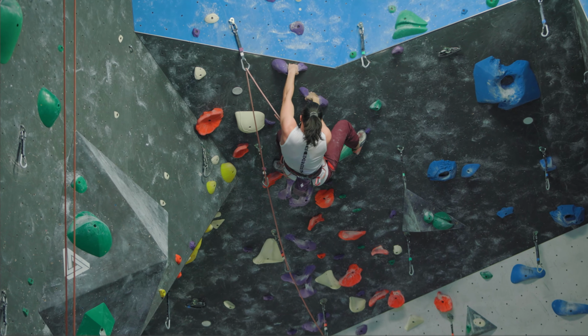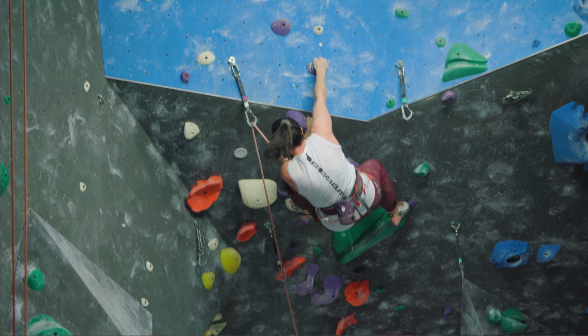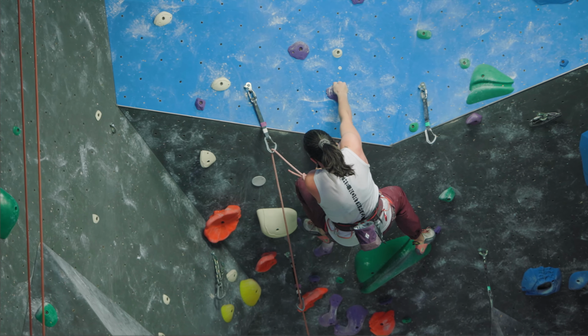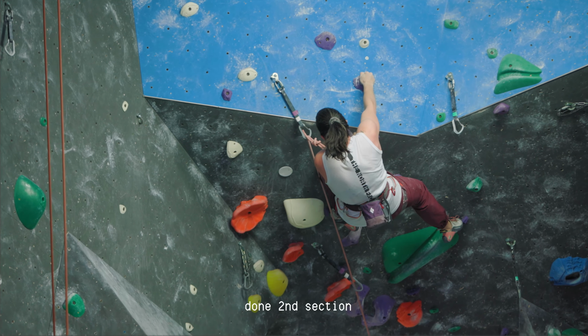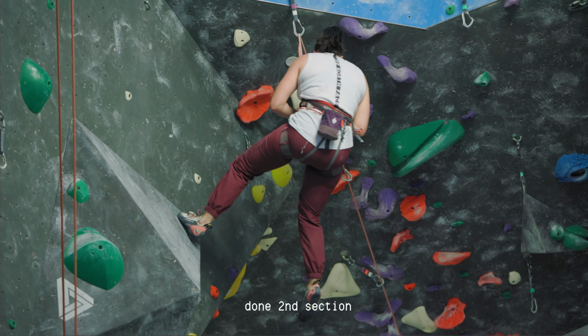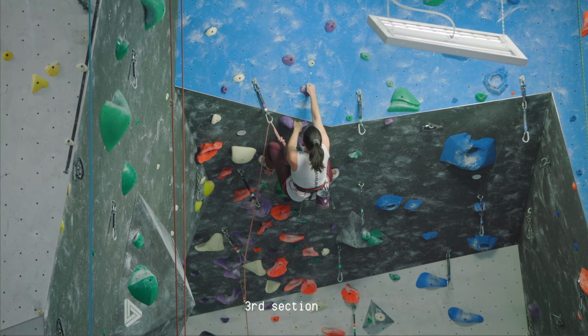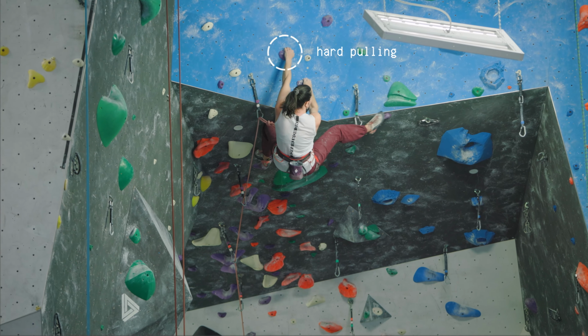So that could be a little bit of an efficiency thing. We're going to see her grab the first hold on what is back into a vertical section. And again, this is the second section done now, that whole horizontal ladder climbing. This part here, where she was saying was a very physical ending, that move that she just completed is quite